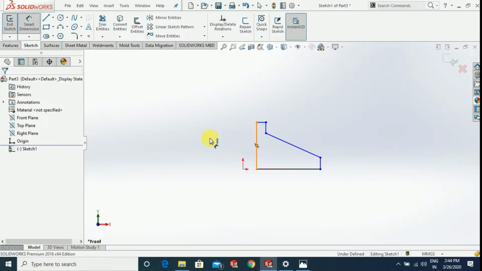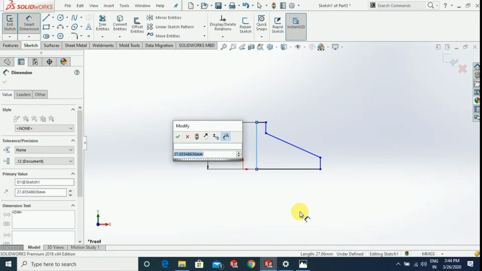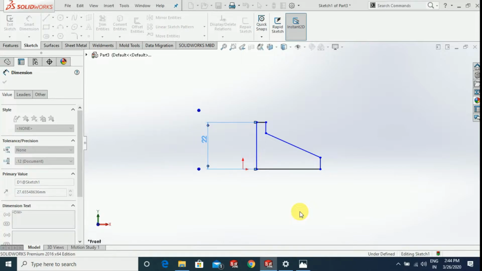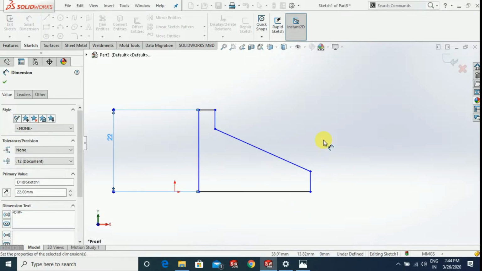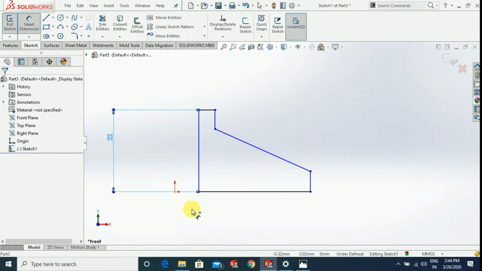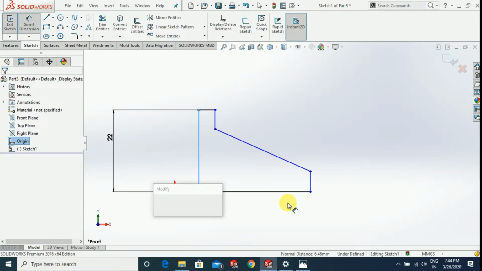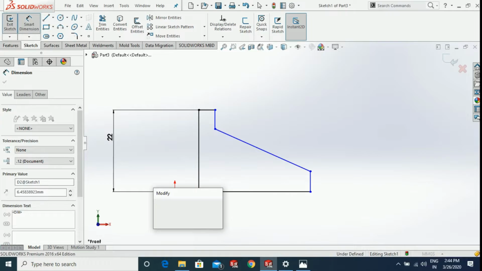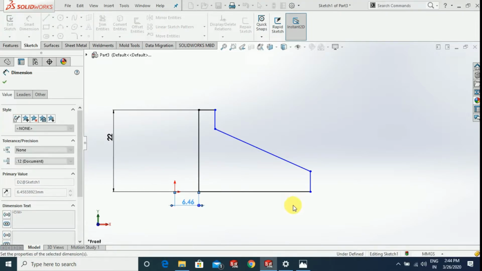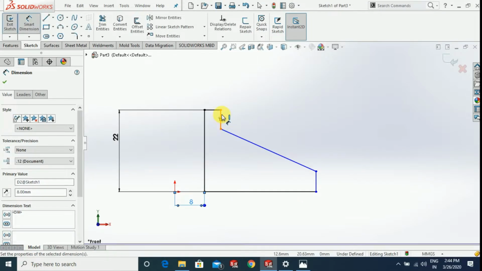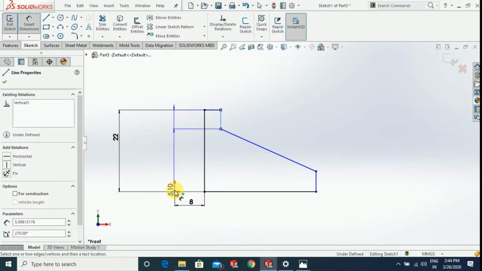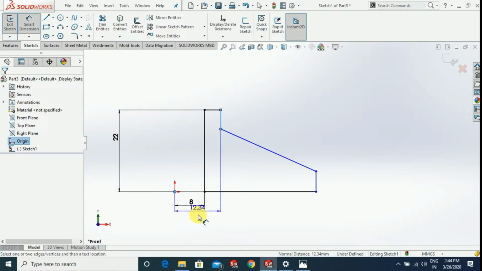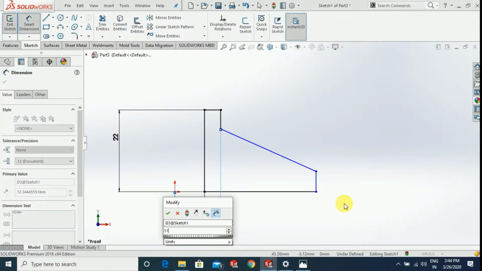Now select the line, and this should be of 22 mm, and from this point to this point we have 8 mm of distance, and from this point to this point we have 11 mm of distance,